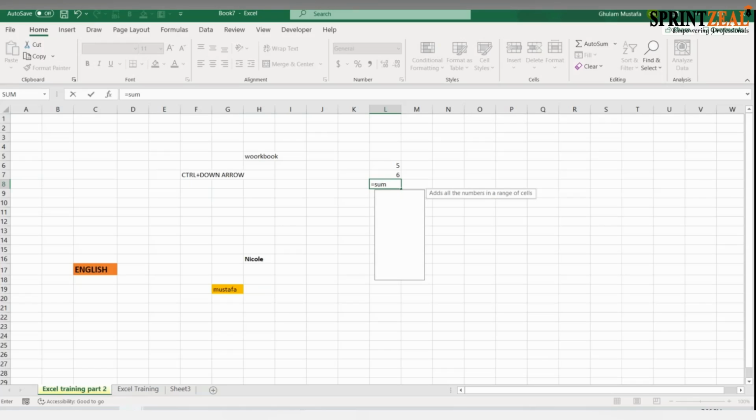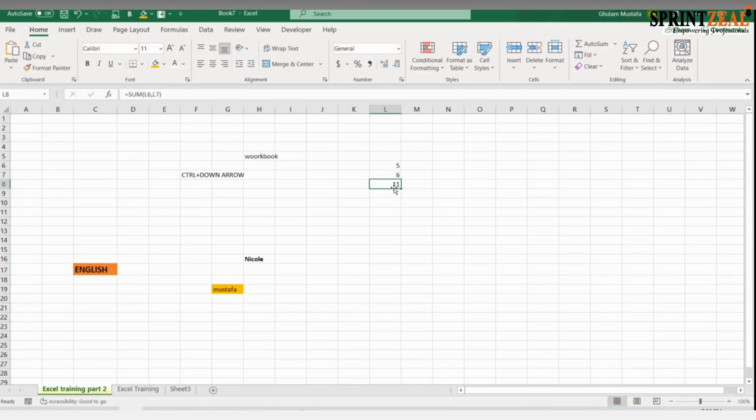Now you can see by simply applying the function, SUM has been highlighted. Then you will press Tab, that is behind Q. Automatically you will move inside your formula. Then select the range, number 1, number 2. Now you can see both numbers have been added and you got your desired answer, that is 11.